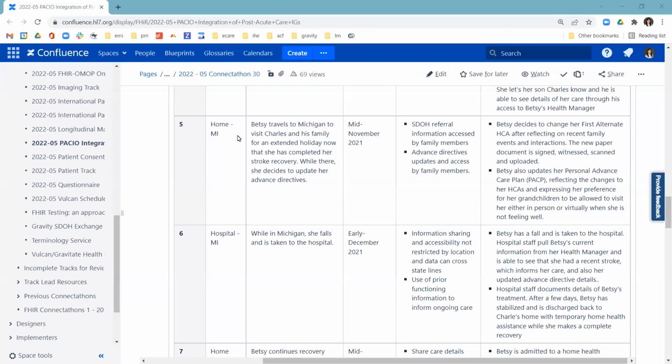I can't remember if that's a fall or I'm trying to remember. Yeah, in Michigan, she has a fall that takes her to the hospital. So one thing we were wondering is if you wanted to take that as the opportunity to have her diabetes now not be under control, and then be able to show more of your eCare plan changing and updating of the prior information and everything that you all do at that point, if that might be a good intersection point.